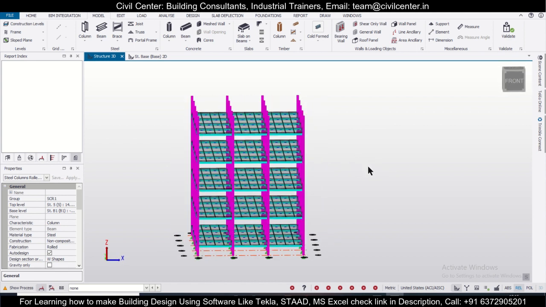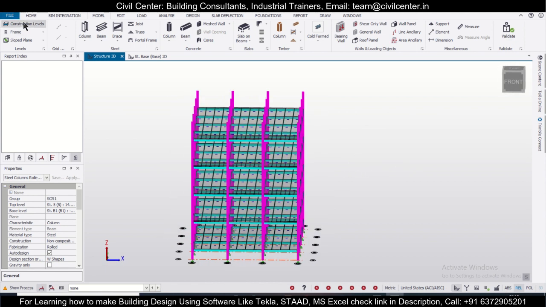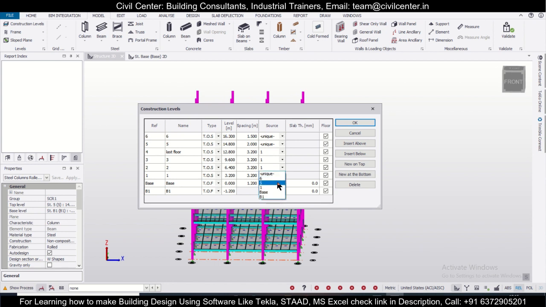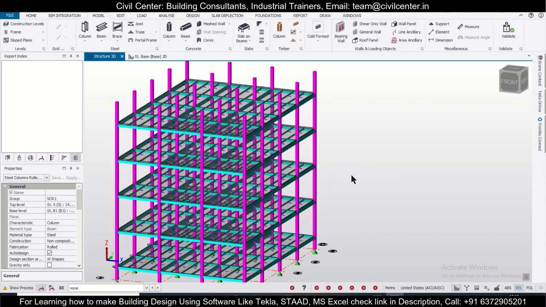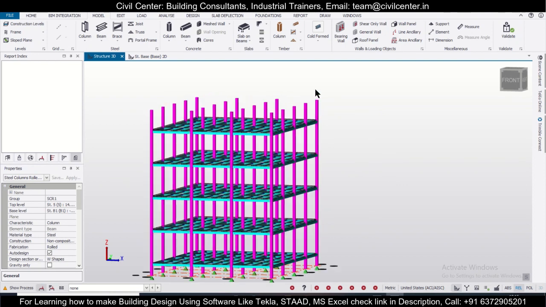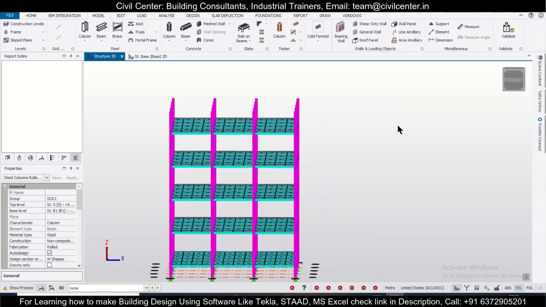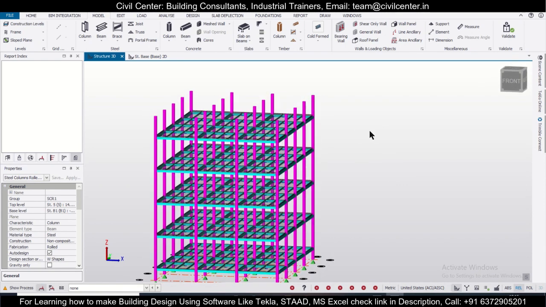After we have done up to the last floor, we'll just go to construction levels here, and then make them back as unique. After you make them back as unique here, you can also select these particular columns and reduce them also.